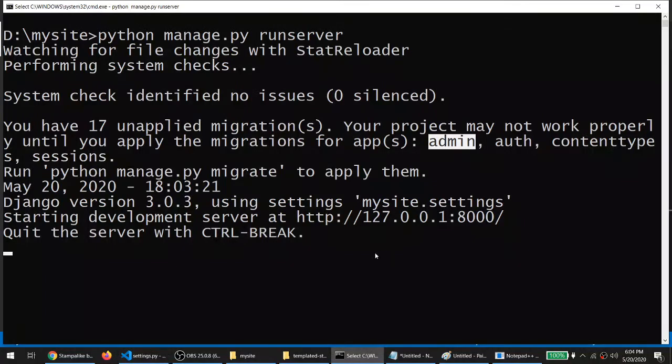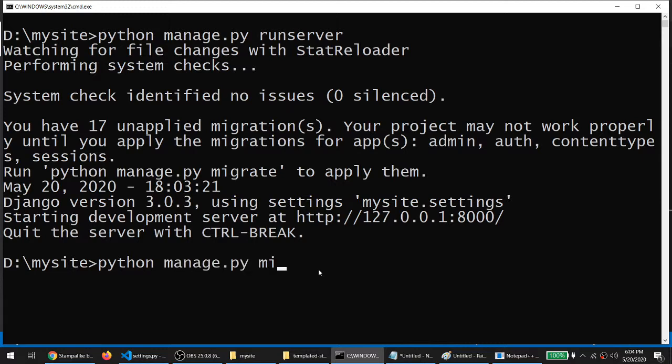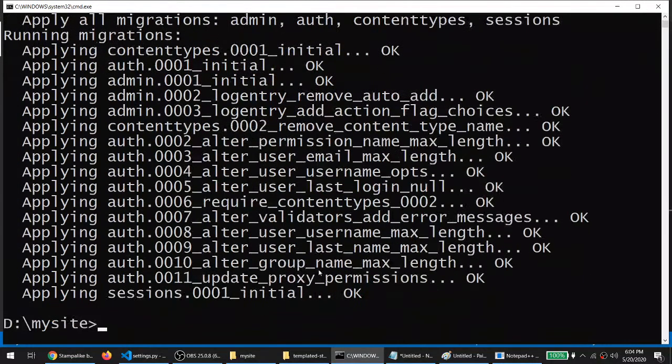And again, close this server. Now if I type python manage.py migrate, this is a command which will automatically migrate all the database schema into your SQLite database. If I press enter, you will get a message like this.